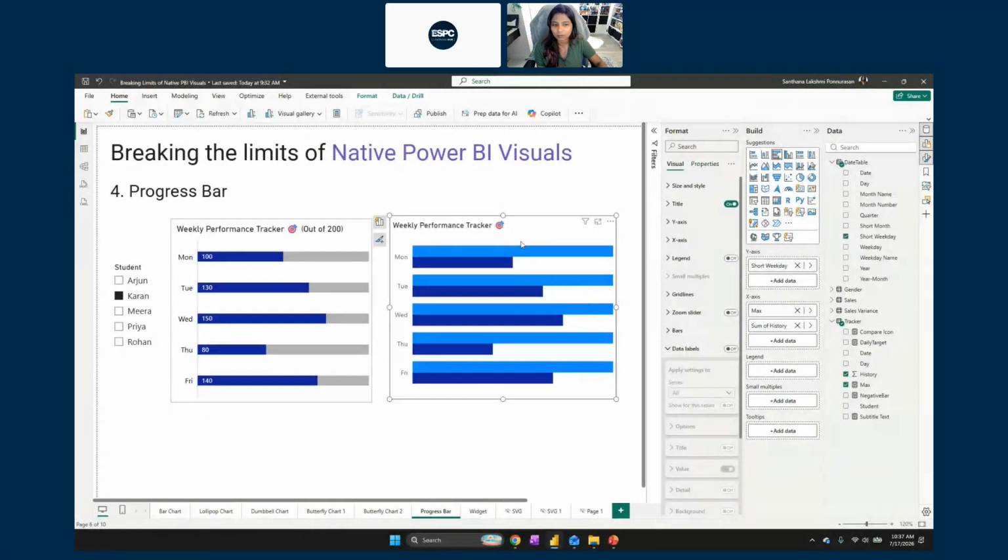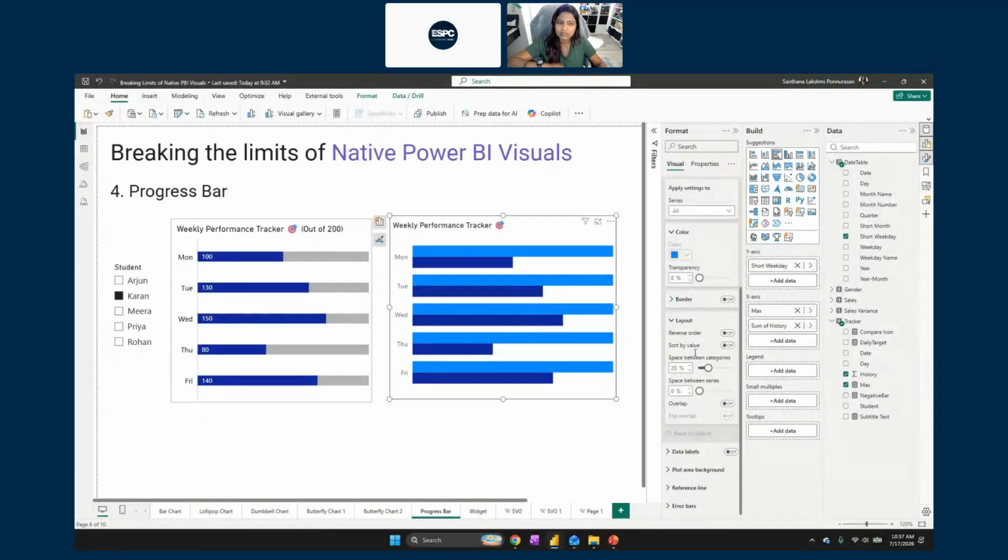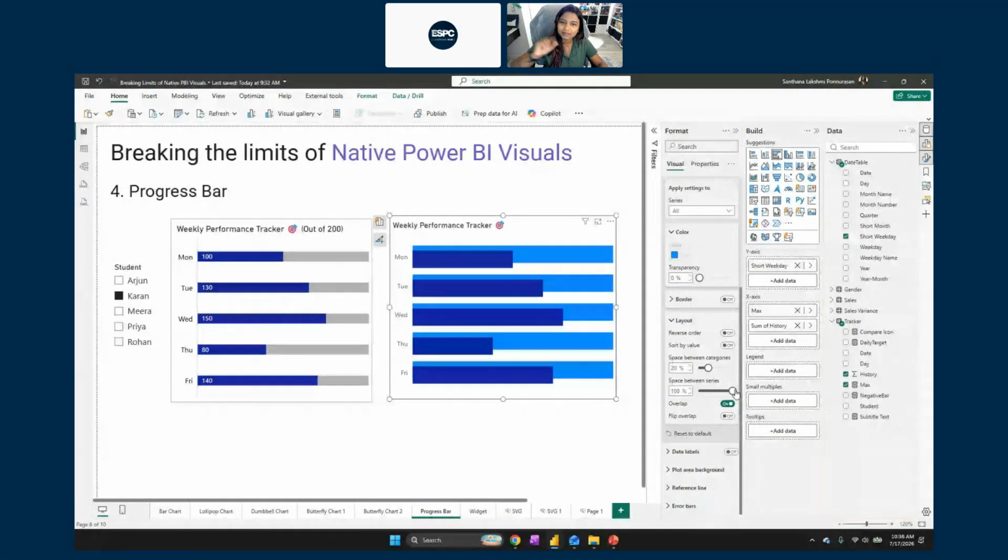Now, since I'm talking about my bars, I directly go into bars, talking about the layout of the bars. Next, I'm going to enable the overlap option. Once you enable the overlap option, you will be like, oops, nothing happened. That's because I don't know if it's intended. Once I click on overlap, the space between series appears and it tends to be 0. And that's the reason there is no overlap happening. Once you keep increasing, you see how the overlap starts happening. Perfect. Once I made it 100%, my overlap is done.